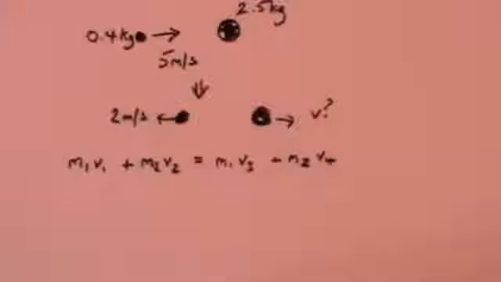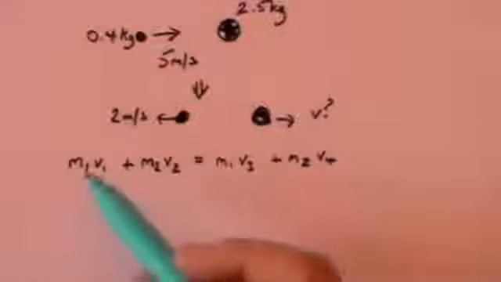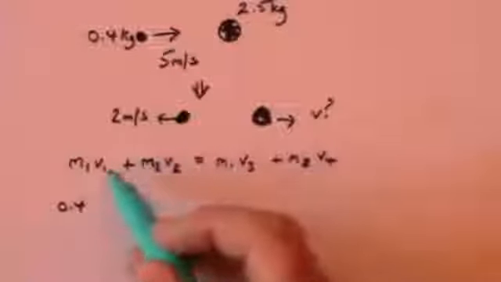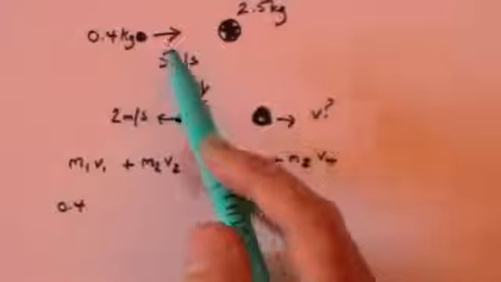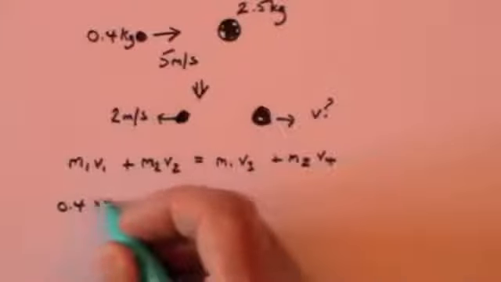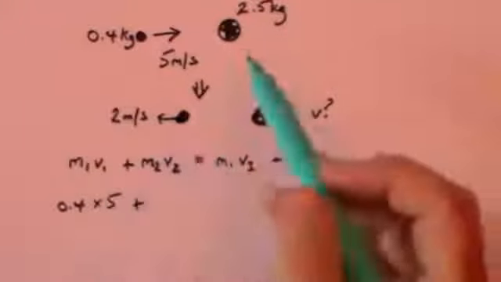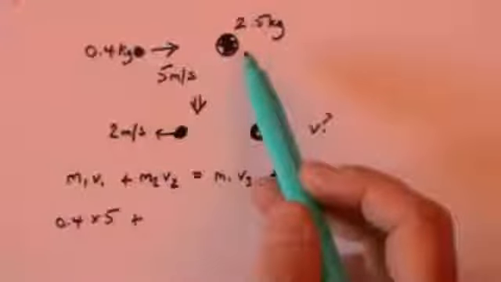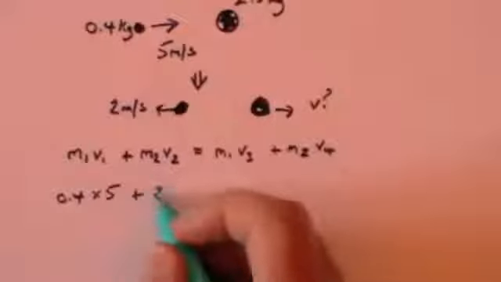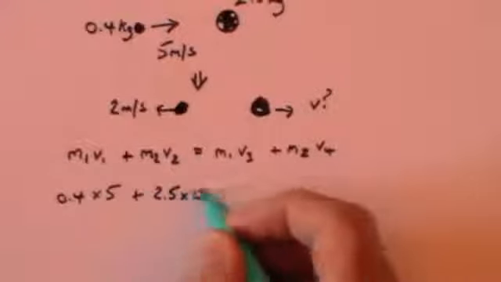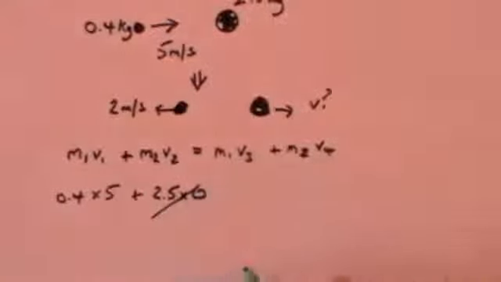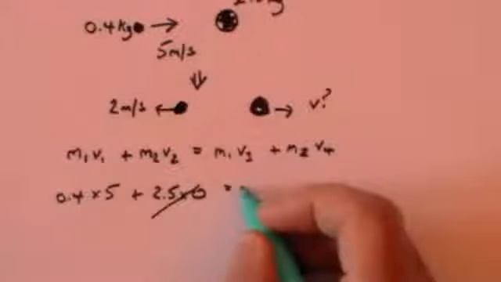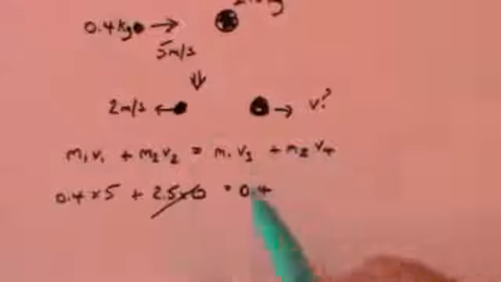This is conservation of momentum. So the mass of the small ball is 0.4. Its velocity before the collision was 5 meters per second, plus the mass of the large ball was 2.5 kilograms, but its velocity was 0. So effectively that term goes, is equal to the mass of the small ball, which is 0.4, times its velocity